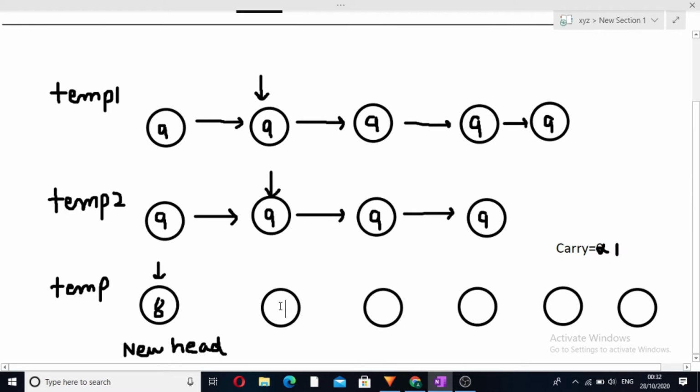We will add a node and we will keep the value of 9 in that place, that is the value of the units place, and we will again carry forward the carry. Now the new carry is also 1. So this is how we will iterate over these two linked lists and add our answer in the third linked list. So the new head